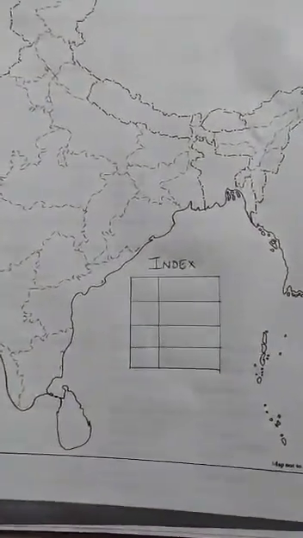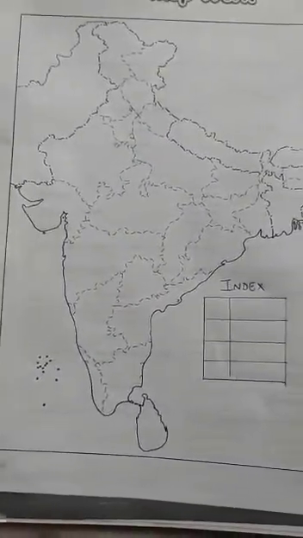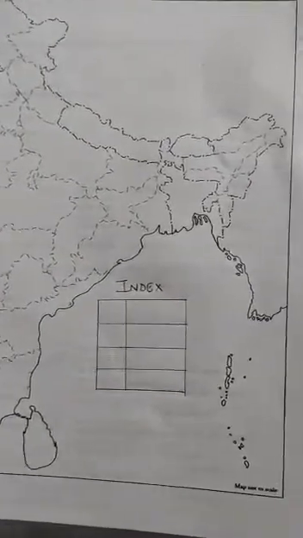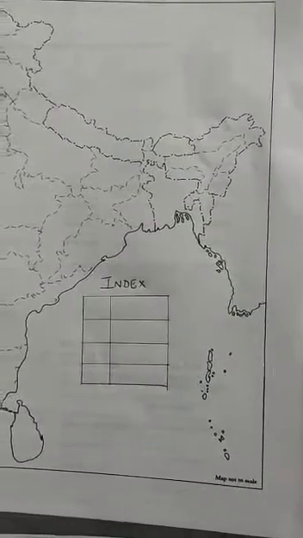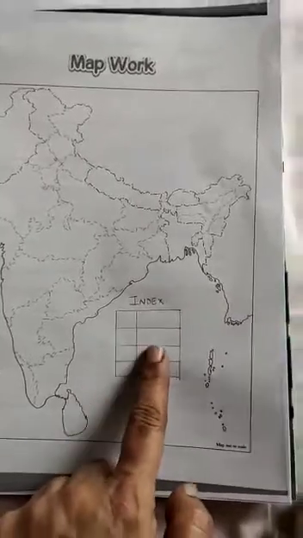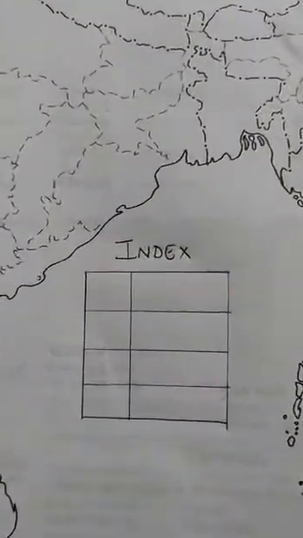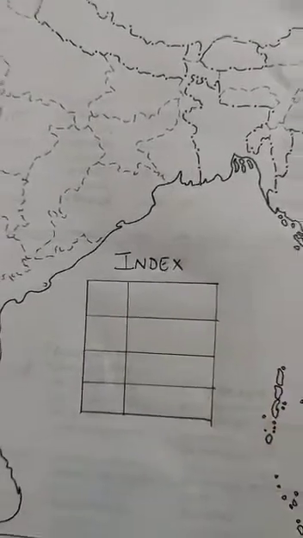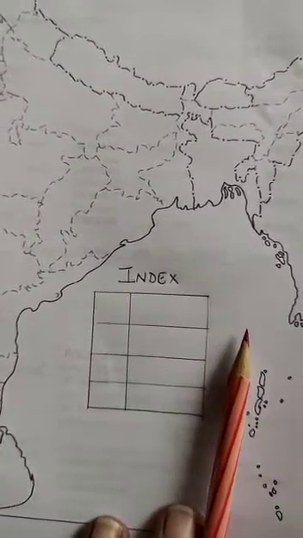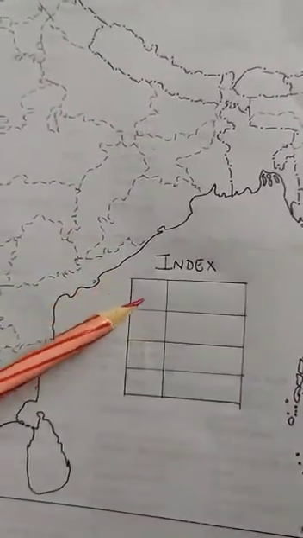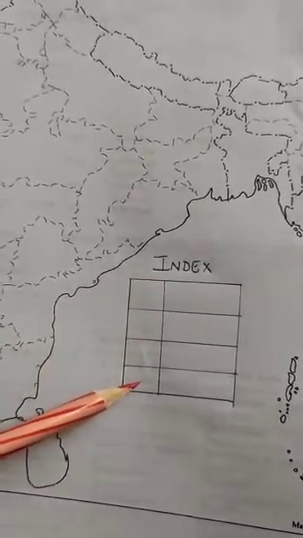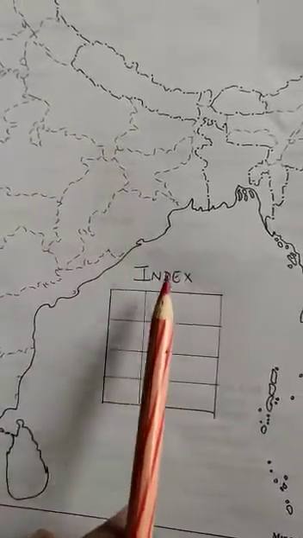In today's class, children will be marking only 4 states on the western side of India, and they are Rajasthan, Gujarat, Maharashtra, and Goa. These are the 4 states that we are going to mark. But before we start doing it, the first thing that we are going to do is at the corner here, we are going to draw an index. And how do we draw it? We make 2 columns. Okay, one is a smaller column, the other one is slightly broader. Yes, 2 columns, and then we make 4 rows. Since we are going to mark only 4 states, we have made 4 rows out here, right? Yes, and on top of that we will write index.